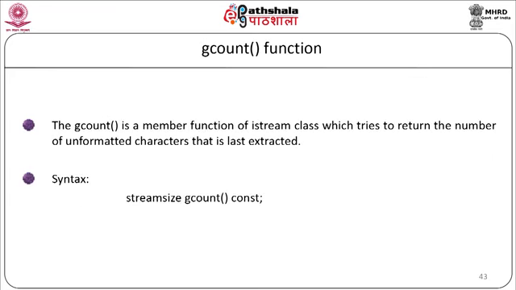The next is the gcount function. The gcount is a member function of the istream class which returns the number of unformatted characters that were last extracted. The syntax is streamsize gcount() const;